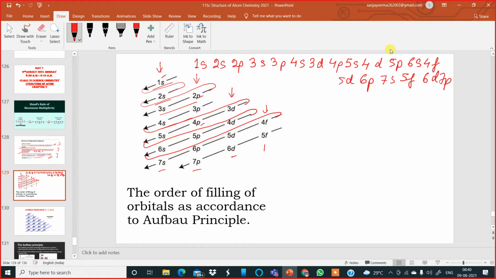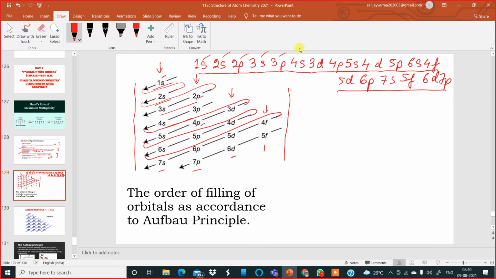So this is the increasing order of energy of the orbitals which you are supposed to remember. If you can't remember, then in the examination draw this much roughly at the side in your rough work, and then arrange and write the orbitals or subshells in the correct order. See, 1s, 2s, 2p, 3s, 3p. Then it should be 3d, but no, it is 4s, because the energy of 4s is lesser than the energy of the 3d orbital.